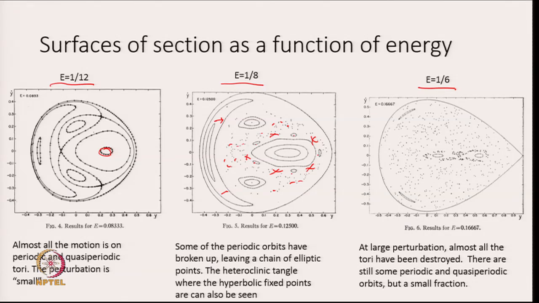As you increase the energy even higher, and this is essentially the highest energy for which all the motion is bound, you find that the phase space is really largely covered by chaotic orbits, that is, points on an orbit that don't follow any curve, although there are some KAM tori, you can see them over here and here and here, but by and large the entire motion is dominated by chaotic dynamics, and what we see is chaos everywhere, chaos in a limited region over here, and mostly tori everywhere over here.